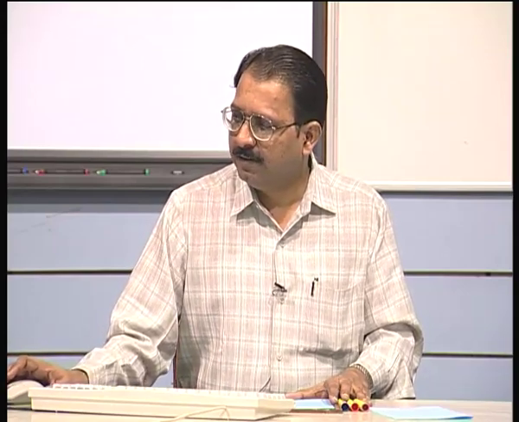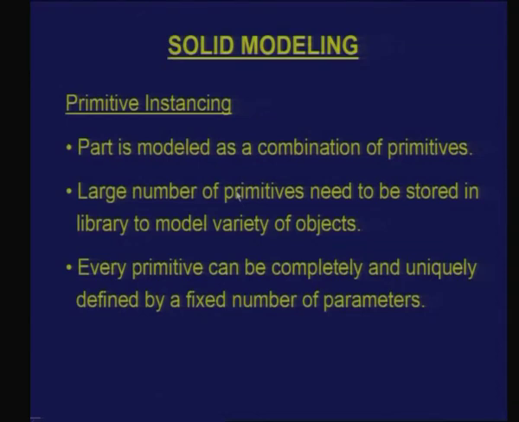So one has to make basically a mental picture of, given a particular object, what primitives are needed and how to put them together in order to get more complex objects. And whenever there is an object where the given primitives are not sufficient, one has to introduce new primitives also as a part of a library for modeling the object or for future applications.